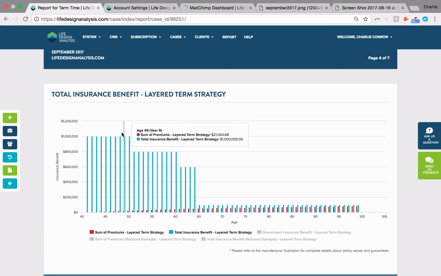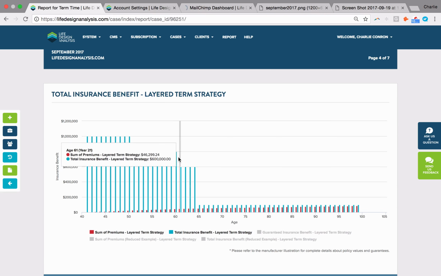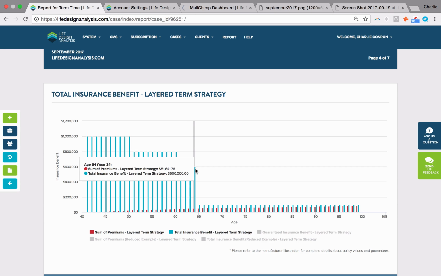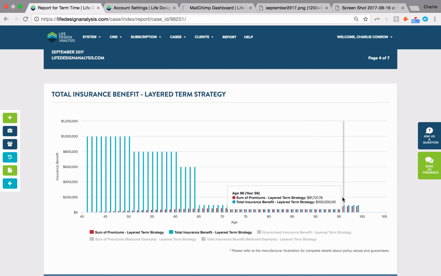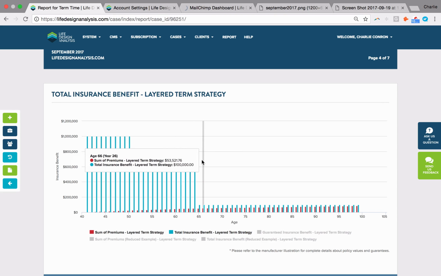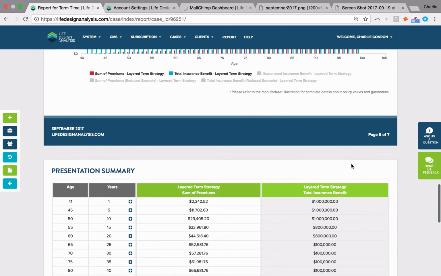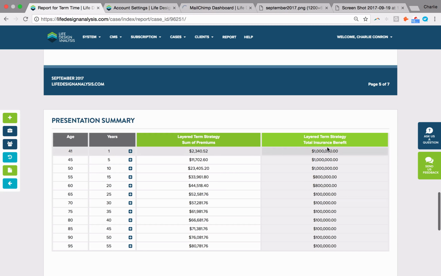And if we can show them, look, we'll give you $1 million of coverage, and when you're 50, you've paid enough off your house, or you've had enough equity in it. Again, by the time 20 years is up, we can drop that again. You've paid off even more. By the time you're 65, mortgage is gone, and we want to be left with some final coverage for final expenses. And again, just showing you've had all that high coverage all the way along, and we retire, and we've got $100,000 of final needs coverage. But again, look at the affordability. I mean, we've paid very little for covering ourselves with $1 million of insurance, and $800 following.